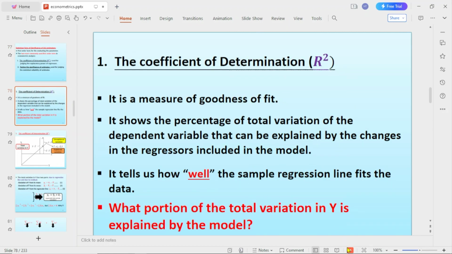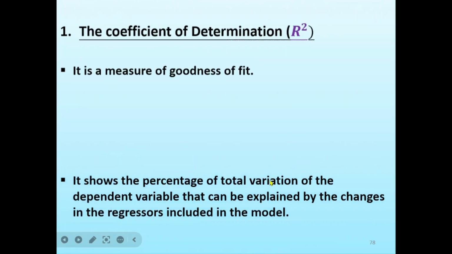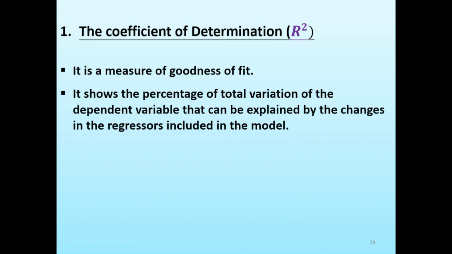ማለት ነው right the first one is r square or the coefficient of determination ምንለው ነው it is used to measure the goodness of fit ነው goodness of fit ማለት ምን ያህል ዲፔንደንት እና ኢንዲፔንደንት ቫሪያብላችን ይቀራረባሉ የሚለውን የሚያሳይ ነው ወይም ኤክስፕላኔቶሪ ቫሪያብላችን በምን ያህል ነው ዲፔንደንት ቫሪያብላችን ኤክስፕሬስ የሚያደርገው የሚለው ነው ማለት ነው so it shows the percentage of total variation of the dependent variable